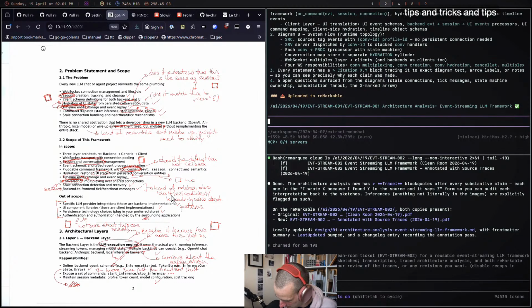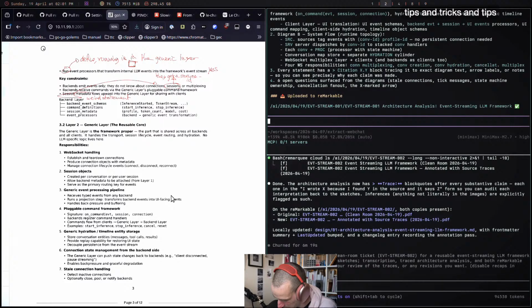And I made the same comment in here: run event processors is not the right name. I want to define event processors, but the running of these event processors isn't a generic layer. So this one is also really important. It should not be run, because if I say run, it's going to build something that runs event processors in the backend, which is not what I want.